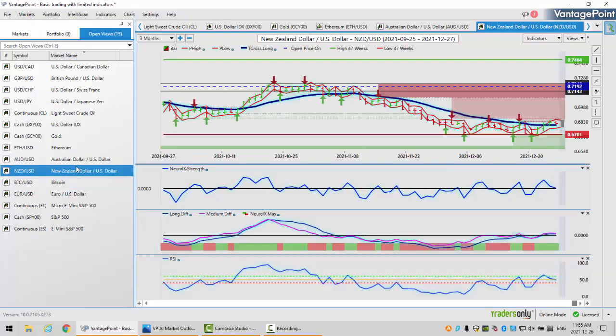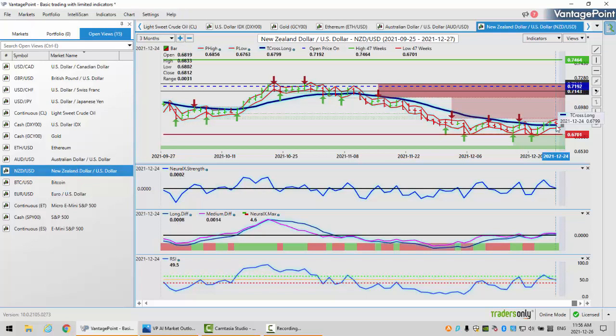The same thing here, guys, is going to apply to the New Zealand dollar. I could argue that we've got better value buying the Aussie, because we're closing the week right on the T-cross long, 67.99. We're closing the week at 68.12. We, in theory, could have a long right out of the gate on Sunday night. But remember, the markets are going to be thin and illiquid this week. We've got a bank holiday on Monday, so I would not be looking at doing any real trading till Tuesday midday at the very earliest.